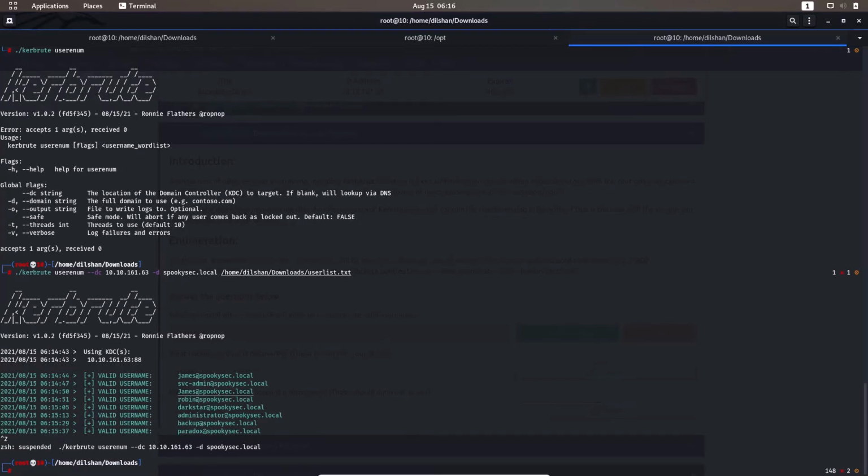As you can see, there are mainly an admin account and a backup account. Usually those two accounts can be considered very important accounts. So let's copy this svc-admin